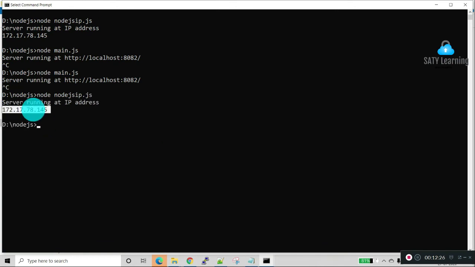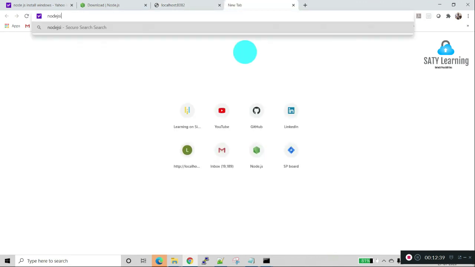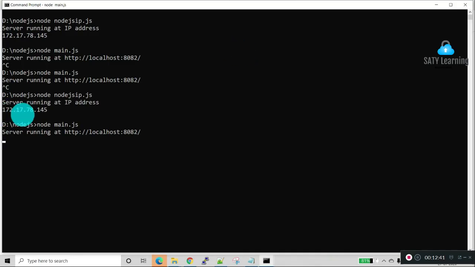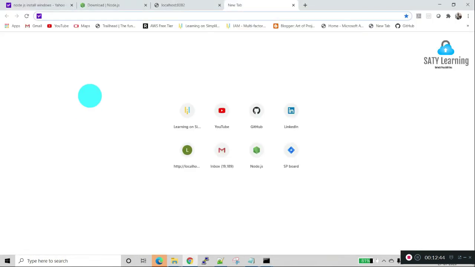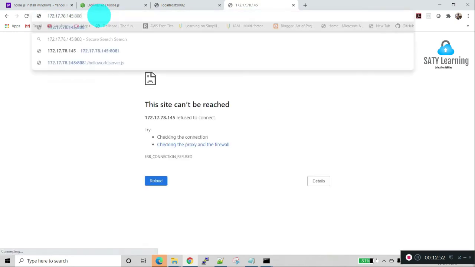We got the IP address. Now let's run this main.js and try to give the IP address with the port, I think 8082. So welcome SATI Learning Node.js. Here I have given localhost, and here I have given the port number.